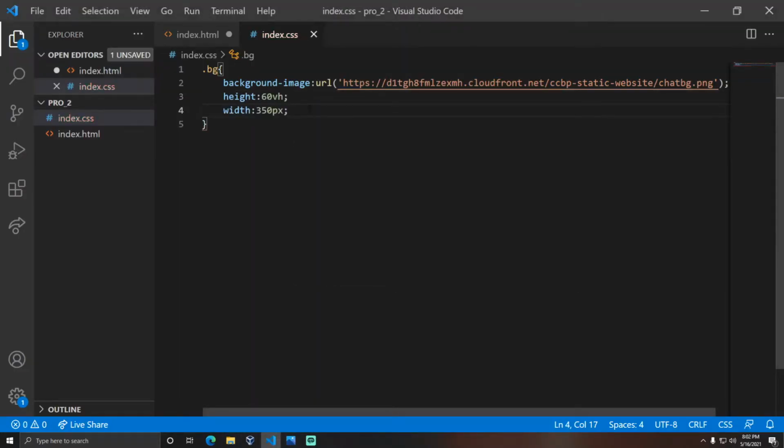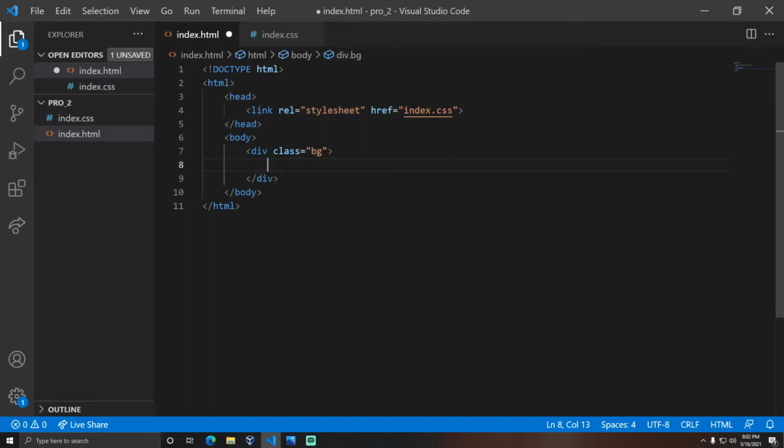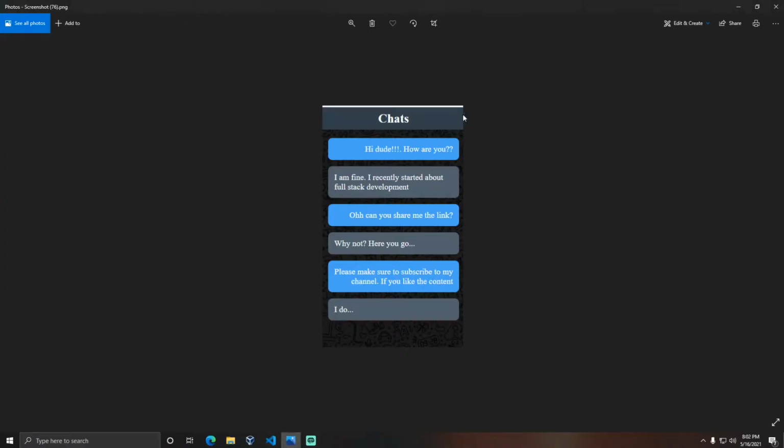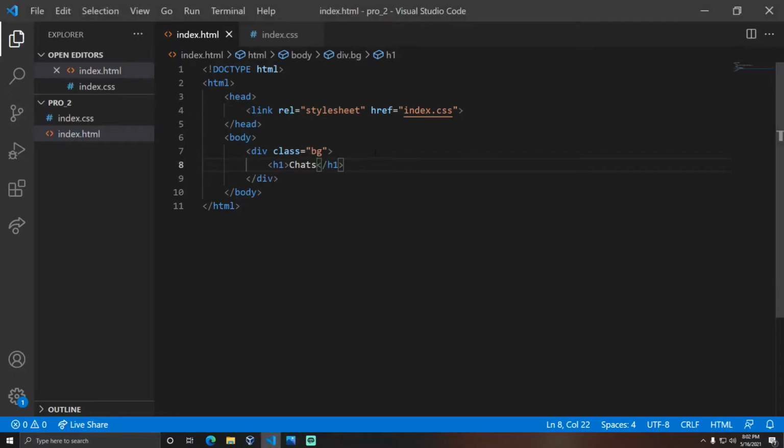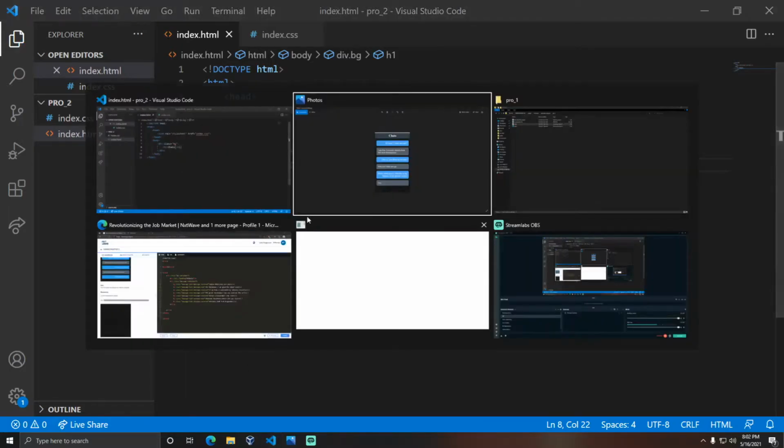Okay, save this, and let me write a small heading called Charts here, as our website has a main heading as Charts. Let's preview it in the browser. Index.html. See, we got the background image successfully, and you can see that Charts is in black color.